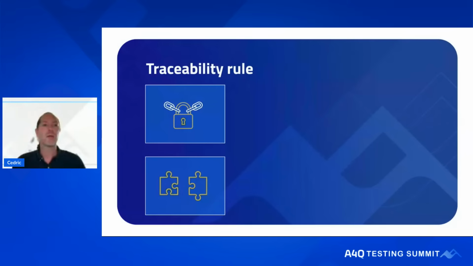The first of the 5 I want to show you today is about traceability. Traceability is key. We need to have the link between the requirements, the analysis, the functionalities, the tests, the results, and the defects. That makes sense. For a defect, I need to know what functionality is behind it, what the risks and the importance are, and what the requirements were at the start. And this traceability is key. We all agree on that rule.